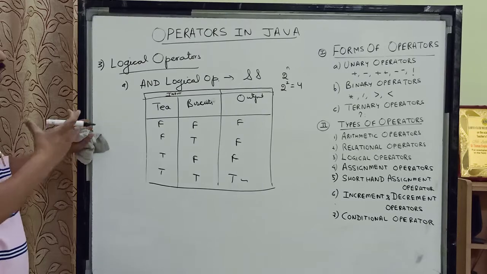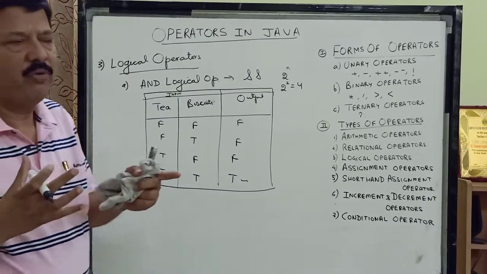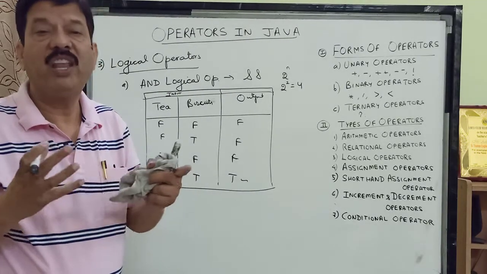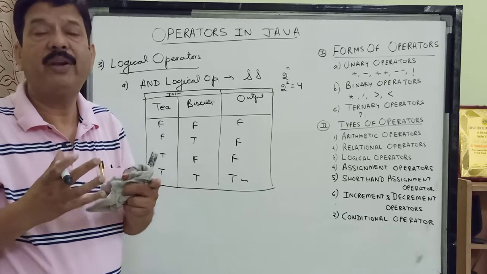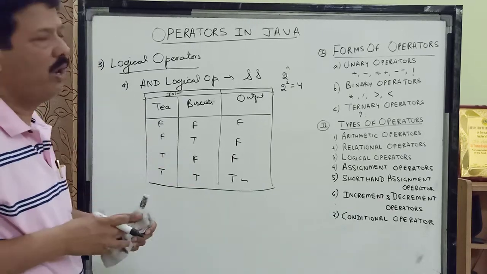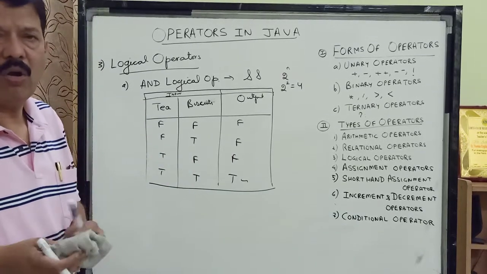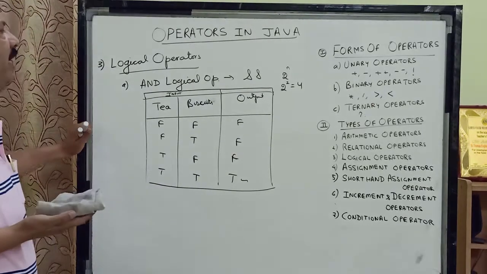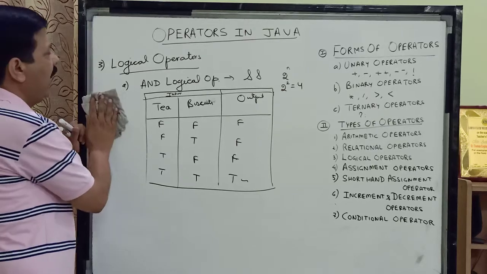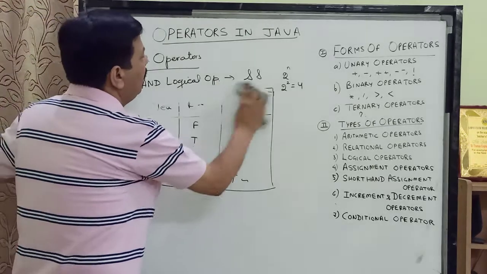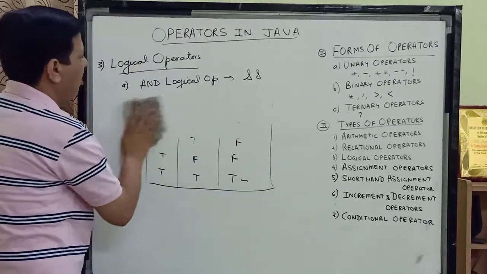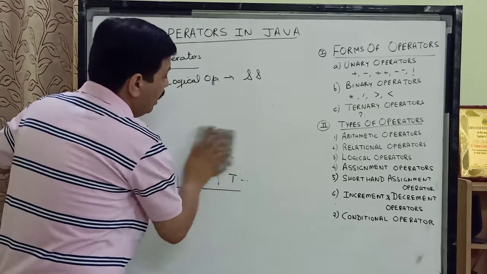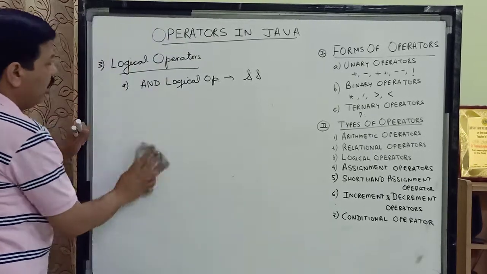Children, we are going to use this operator when we join two or more relational conditions, relational operators, together. So we are going to join them with either AND or OR, and NOT can also be used. So children, this is regarding the logical AND operator. Now we will be discussing the OR operator, the logical OR operator, that is the second logical operator.